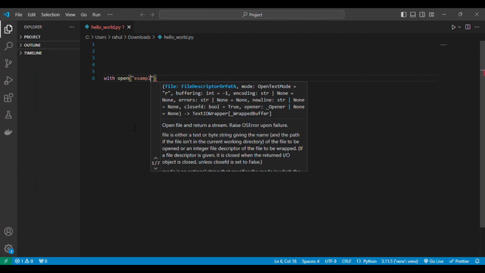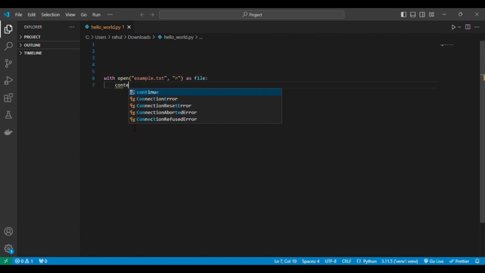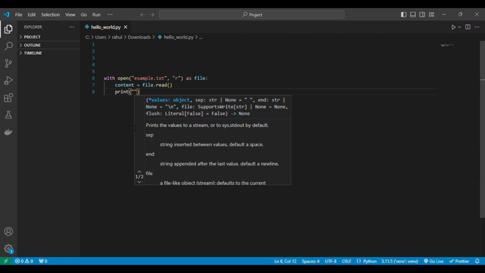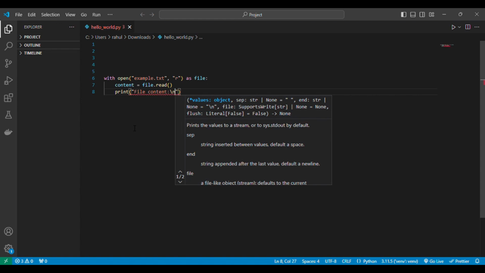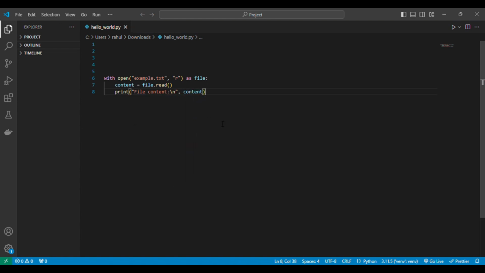with open('example.txt', 'r') as file: content = file.read(), then print(content). In this example, content will hold all of the text from example.txt. This method is straightforward and ideal for smaller files, where reading the entire content at once won't be an issue.